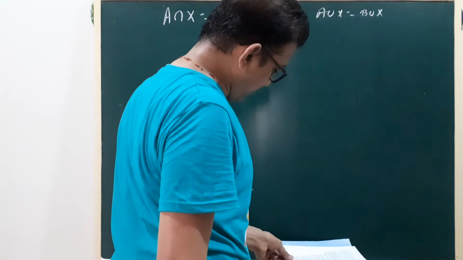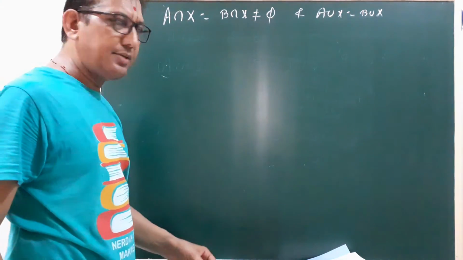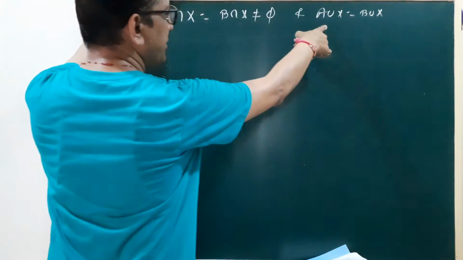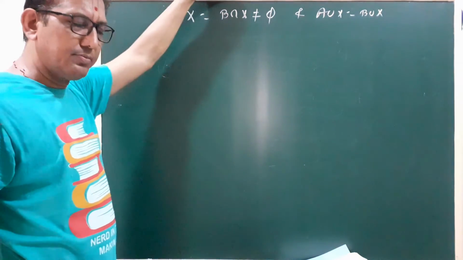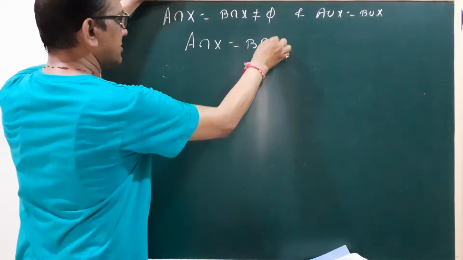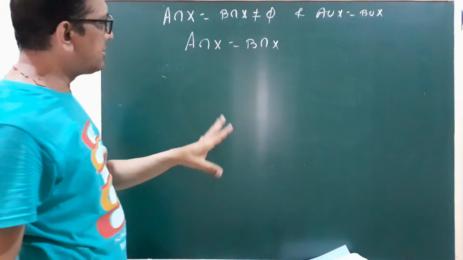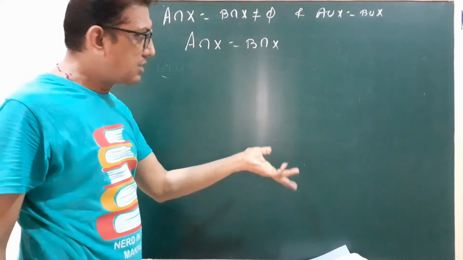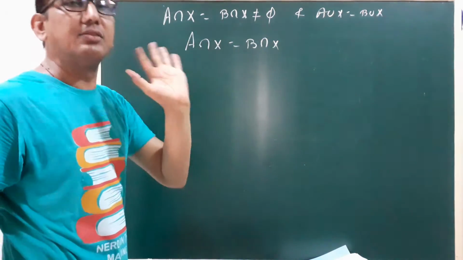With this, which question did we calculate? Question number 3. Right? Same question. A intersection X equal to B intersection X is given, and A union X equal to B union X. Then we prove, in question number 11, that A equal to B. Clear? Suppose we accept A intersection X equal to B intersection X. We prove that A equal to B. That means you accept the intersection result. Now take union with A or B, anyone.